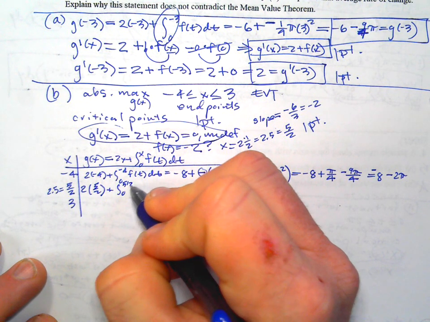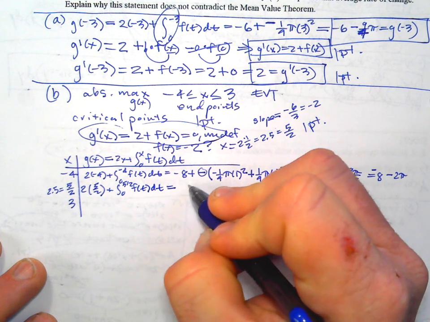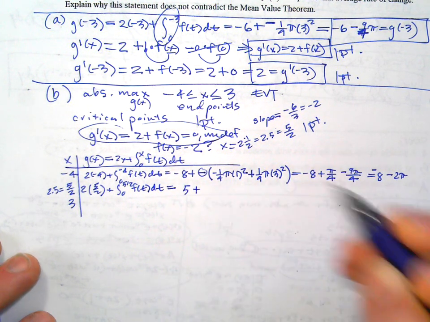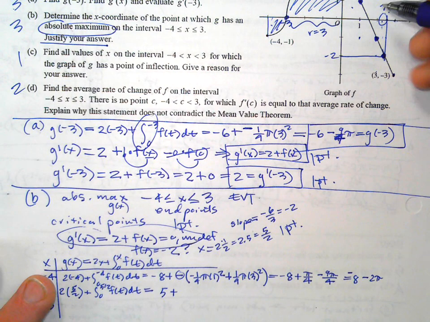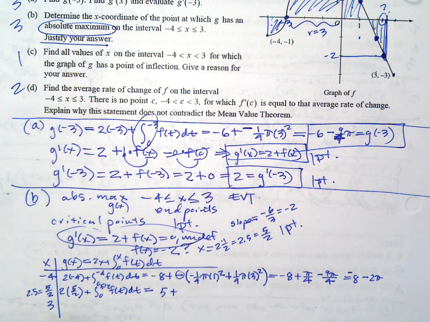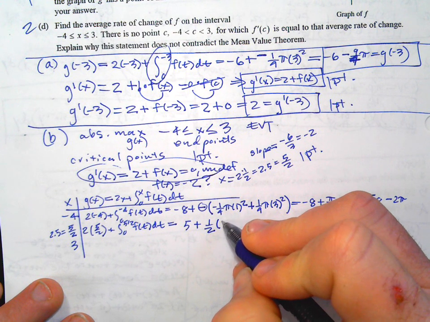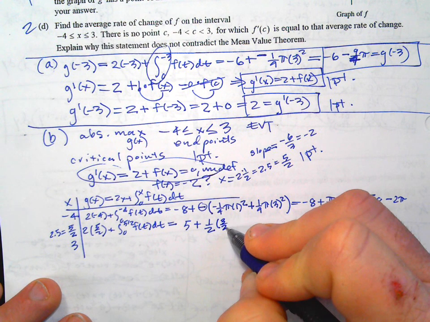Now, this one is being integrated forward, so we don't have to worry about that changing it. So we get 5 plus the area from 0 to 5/2. So that's all of this area right here, right? And so it's going to be positive 1/2. Base is 3/2, 1.5. Height is 3